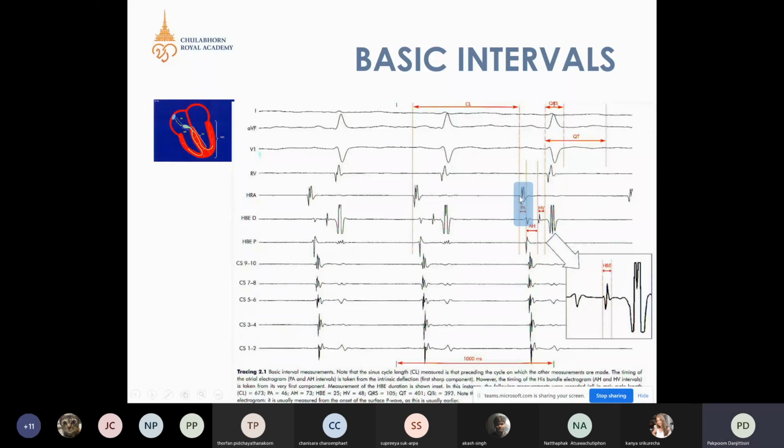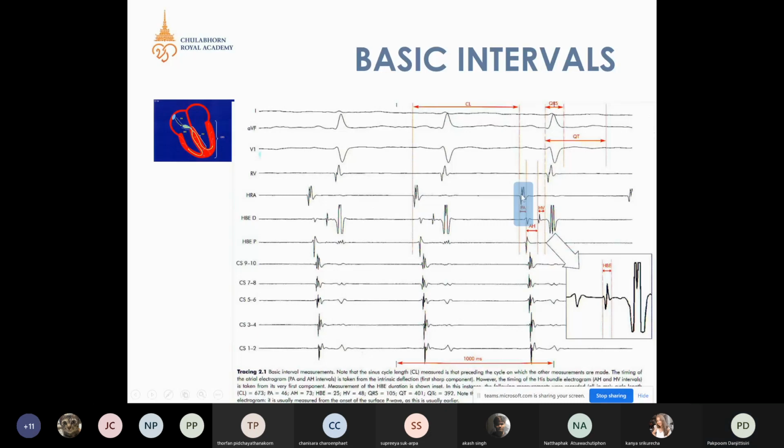How to measure it? We start from the first deflection, the onset of the atrial electrogram in the high right atrium,